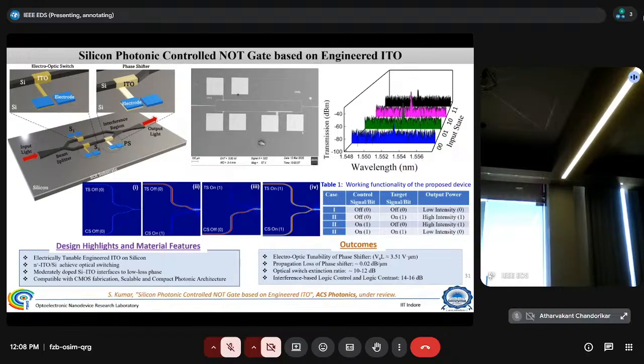We have three switches here, three previous switches which we fabricated and tested before. So we used those three switches here, and we could realize almost propagation loss of 0.02 dB per micron, and the extinction ratio was 10 dB for this kind of switch. So whenever your control signal is